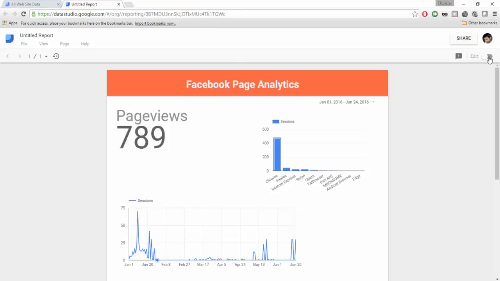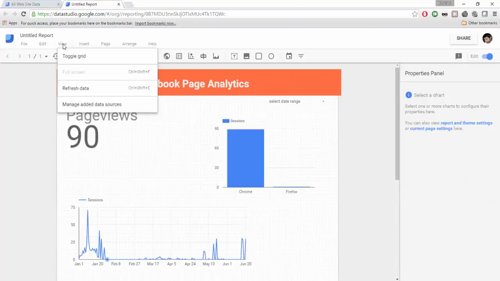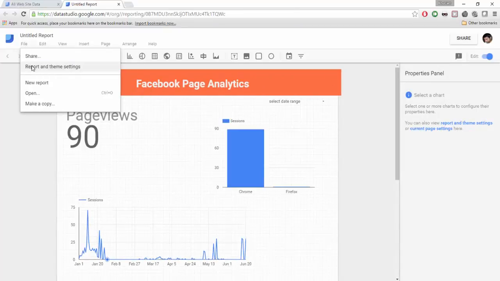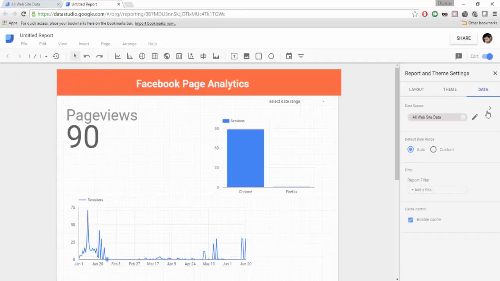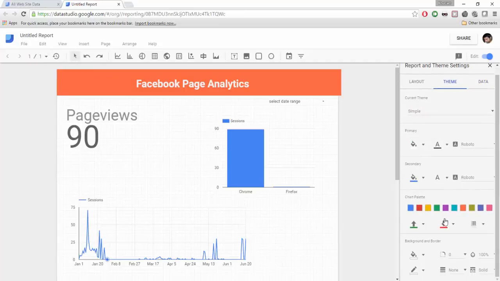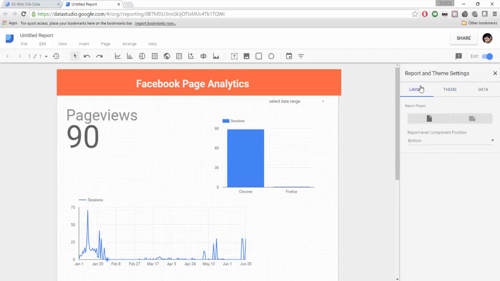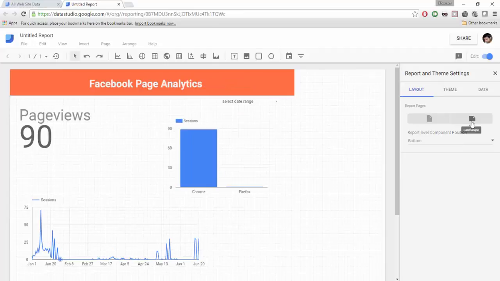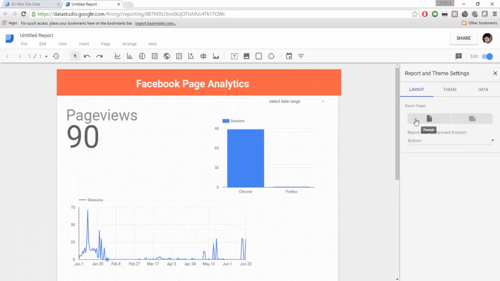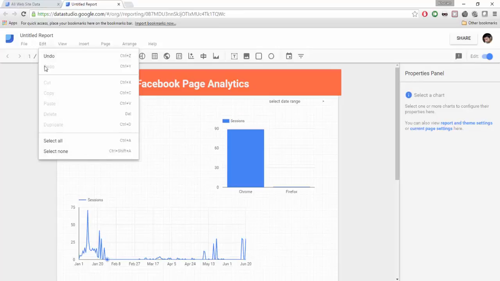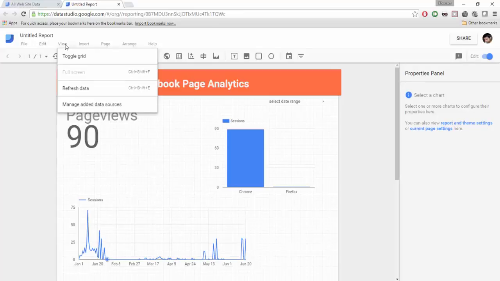Let's click on edit again and explore the other options which are available. So under file, I can customize report theme. Can come back to theme, and I have various to choose from. So if this space is not enough for me, I can change it to landscape or come back to portrait mode. Under edit, I have the usual options: